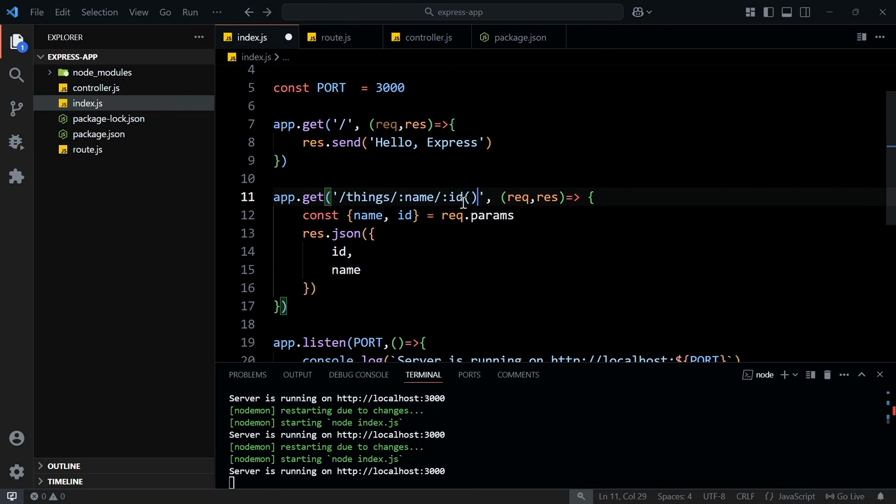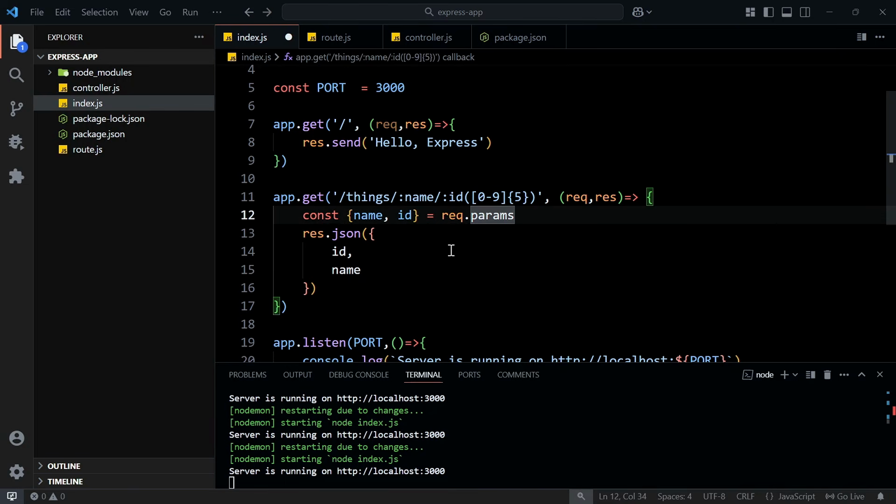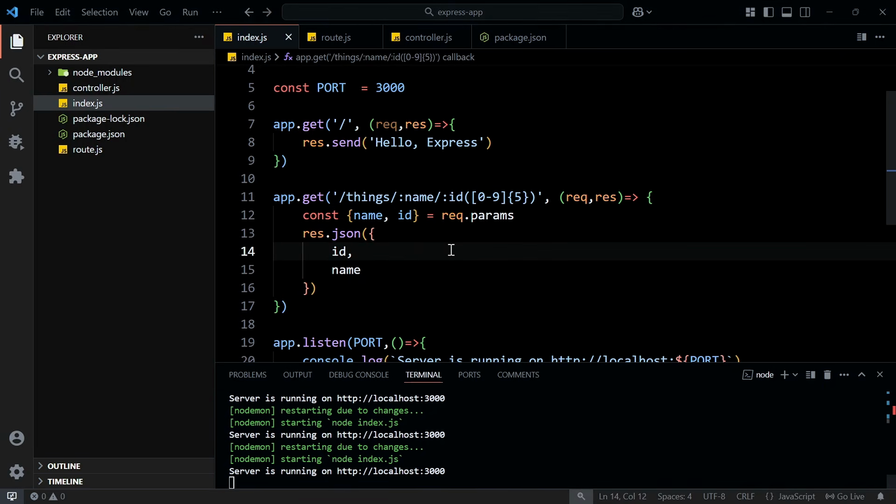So here we will add a square bracket, and here we will add 0-9. After that, here we will add the curly braces, and here we will define digit 5. So here we have declared the id, it should be 5 digit, and we can use the numbers only from 0 to 9. If I save this file and come back to the Postman application,